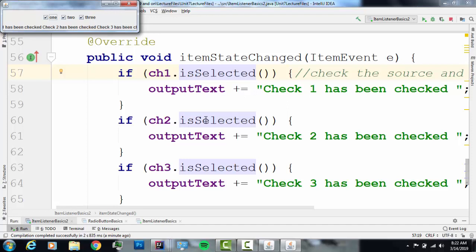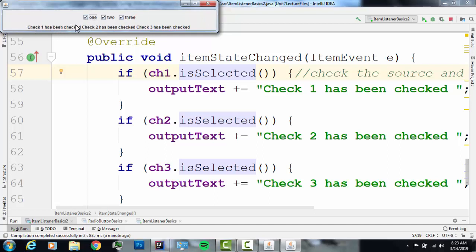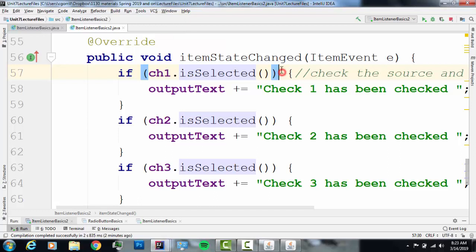text. And for each one of them that are selected, we're going to concatenate that little bit of string to the output text. So what you can see here is if all 3 have been selected, check1 has been checked, check2 has been checked, check3 has been checked. If only 2 of them are selected, check1 has been checked, check2 has been checked. If only 1, check1 has been checked. If none of them are selected, there's no output string added to the JLabel. All right? So the event happens, we check which ones are selected, we build up our output text by using